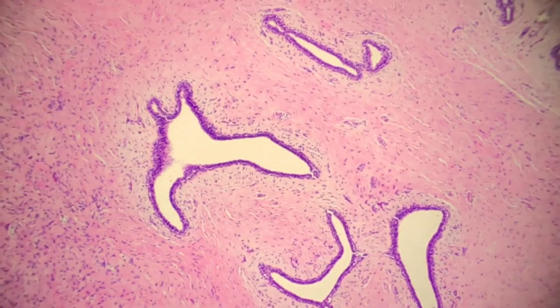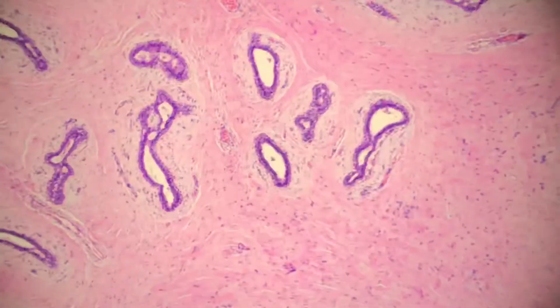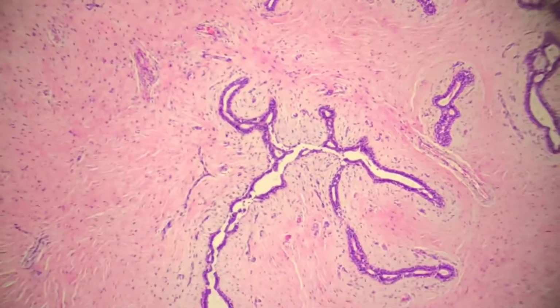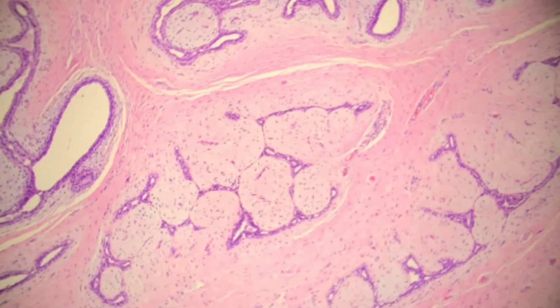And here you see pericanalicular. So these are often mixed. They don't have to be pure for one pattern or the other, and the pattern doesn't really matter. Of course, there are variants, and you should mention those. Like if it's a myxoid fibroadenoma, okay, well, that may or may not be important. It's particularly important if the patient has a history of Carney complex and cellular fibroadenoma, because in your differential would